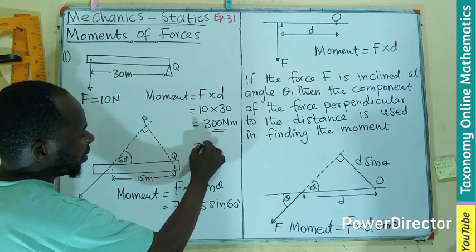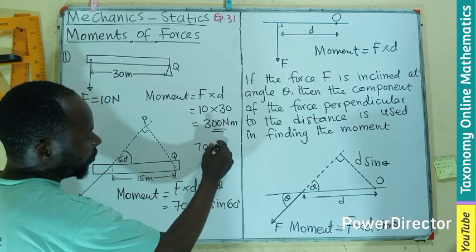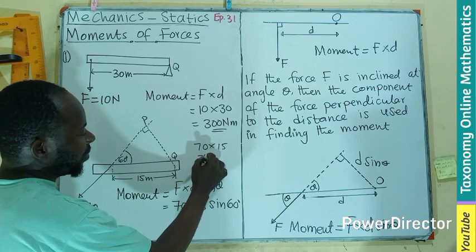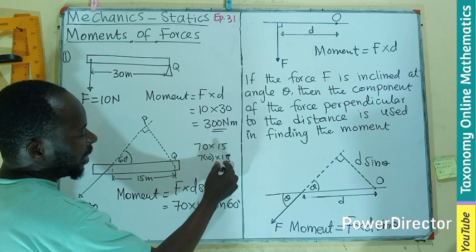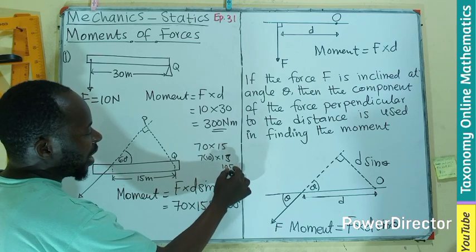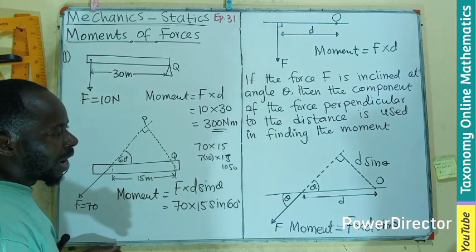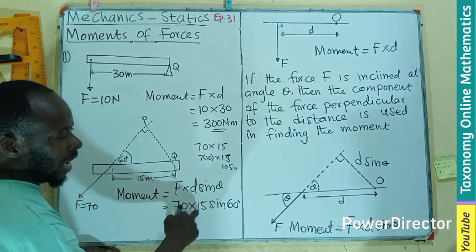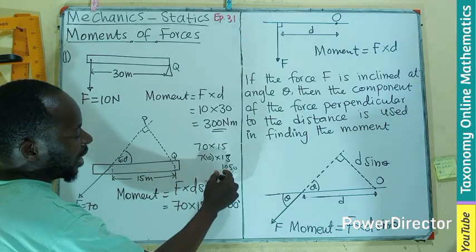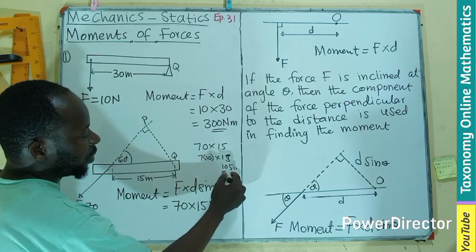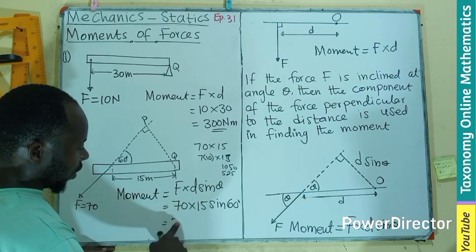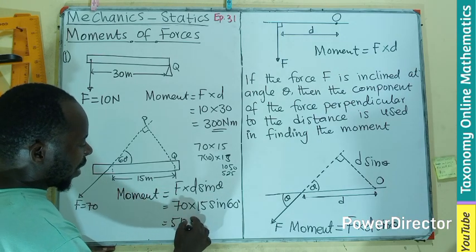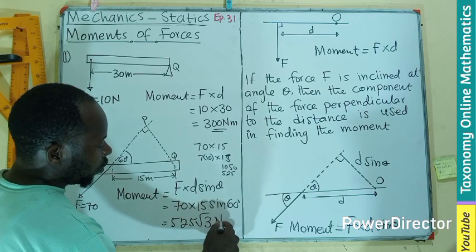We have 70 times 15. We can make it 7 times 10 times 15. So we know 7 times 15, we'll multiply this as 105 times 10. This is what we are going to have. Then the 2 in there will divide this to give you 525. So our answer is going to be 525 root 3 Newton-